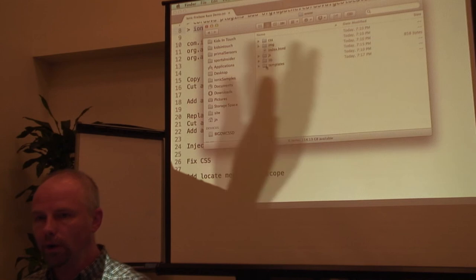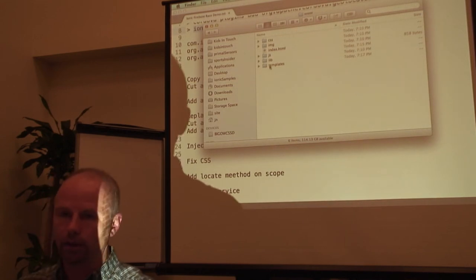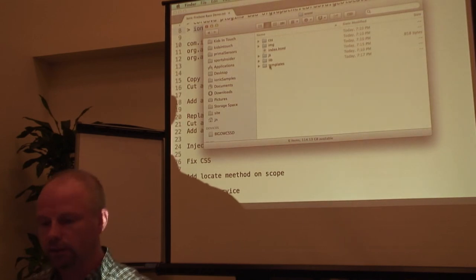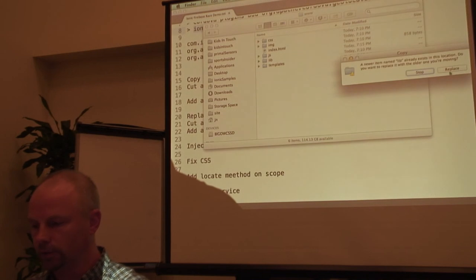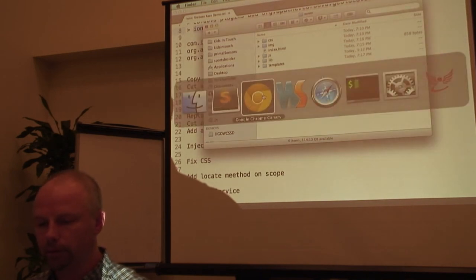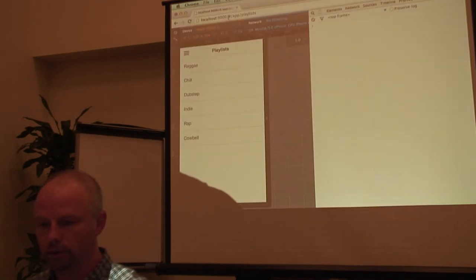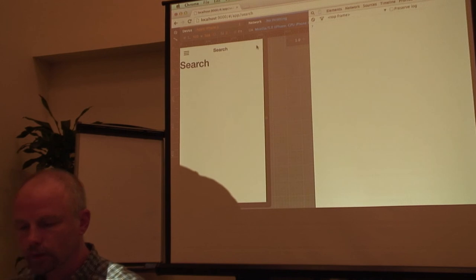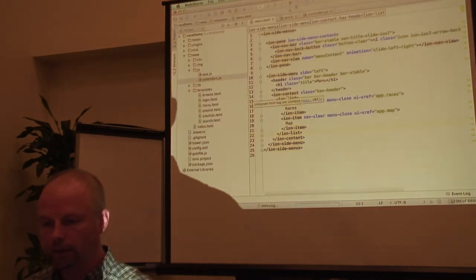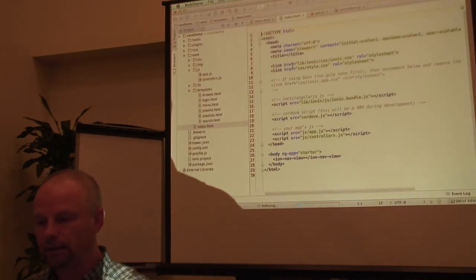So I'm going to just blow out the library folder. And again, the library holds all the Ionic stuff and the Angular stuff, and I'm going to blow it out and just put in some new stuff that I want in there. Okay. The app's going to reload still. It'll work just fine. Okay. So what I've done there, and now that I have access to that new stuff,